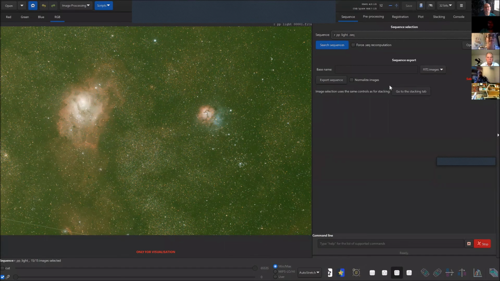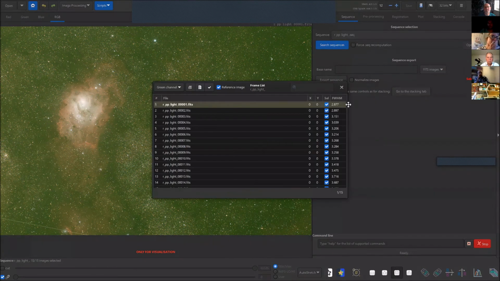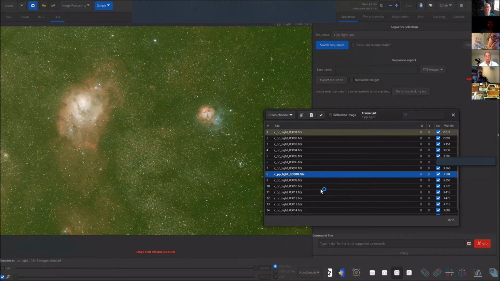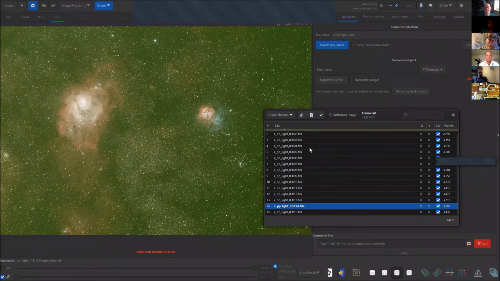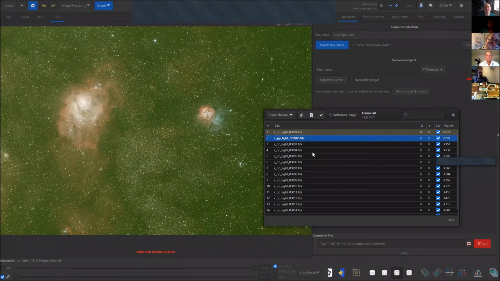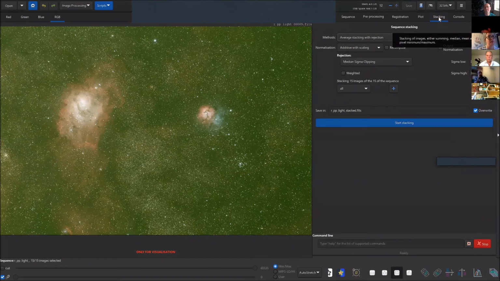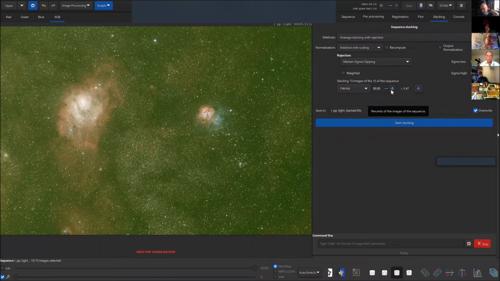So in this sequence, all the images have been rotated and aligned with each other. If I change the displayed image, it always looks the same because they are all aligned. And so the next step is stacking the image. But what can happen is that you may want to select only the best images for stacking, while the scripts stack all the images by default. And if you have, let's say, 300 images, the subs, maybe you want to keep only the 200 best,